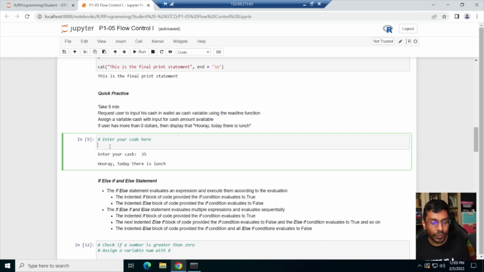You're asked to request the user to input his cash in wallet as a cash variable using the readline function. Assign a variable cash with input for cash amount available. If the user has more than $0, display "Hooray, today there's lunch." Okay, try it out, pause the video, try it out, and then we will check later. Okay,